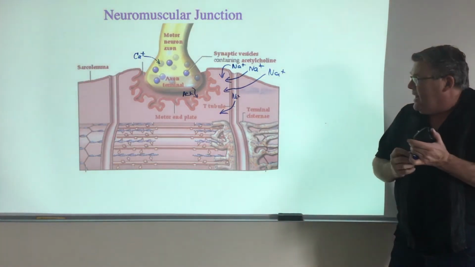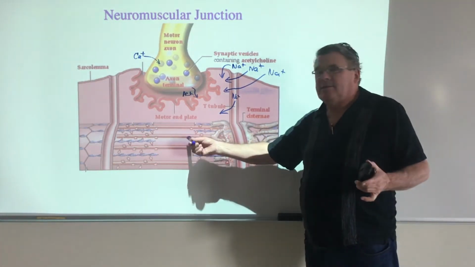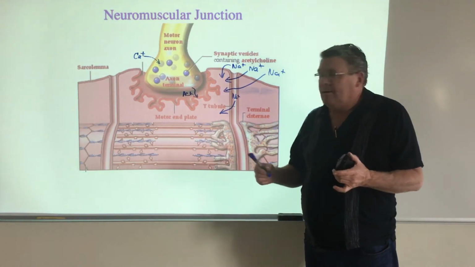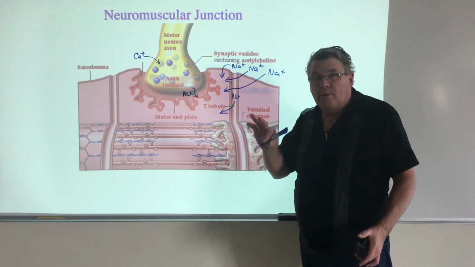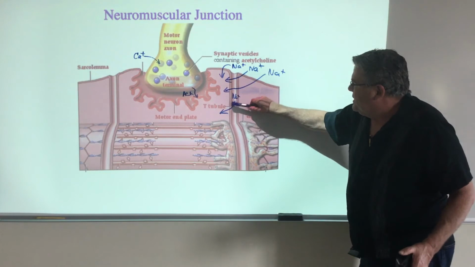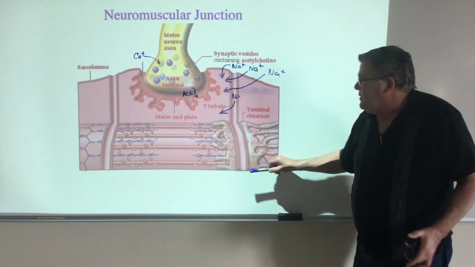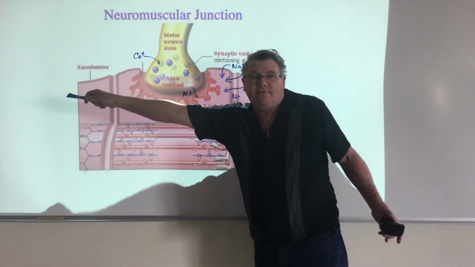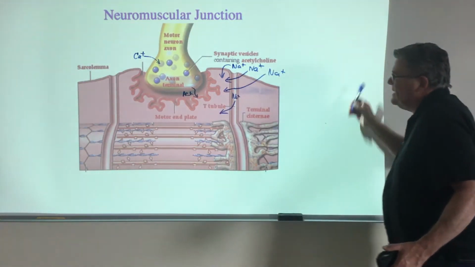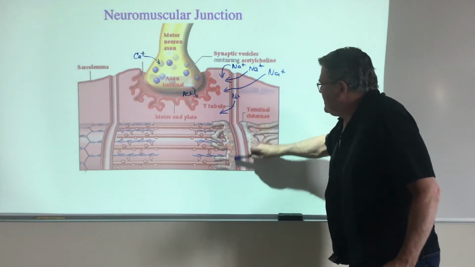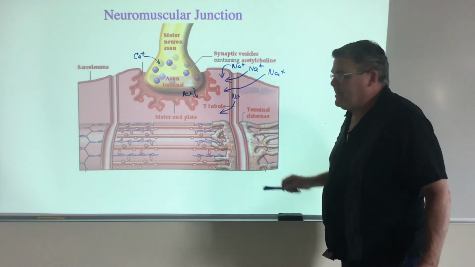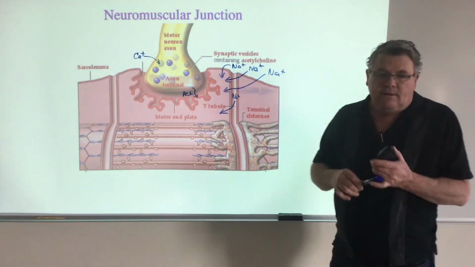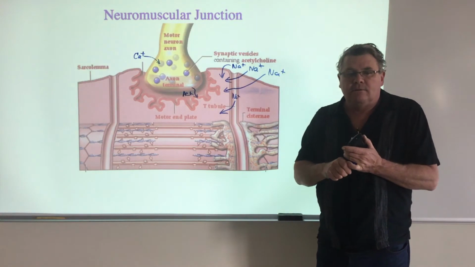Now, once they do that, remember, we haven't talked at all about our sarcomeres yet, but we're about to. This action potential shooting through, ripping through the T-tubules, this one, and the next one's off to the left-hand side, and these off to the right-hand side, they're going to stimulate the sarcoplasmic reticulum to release calcium.